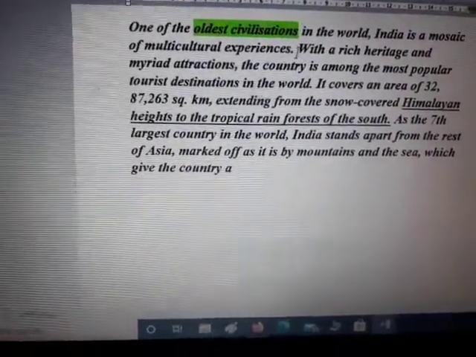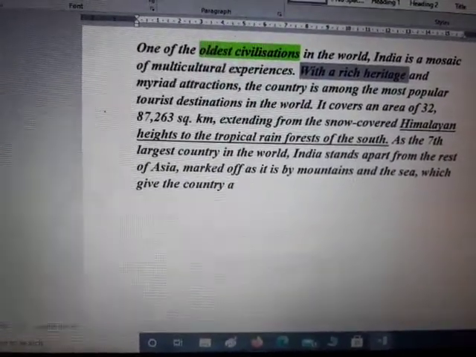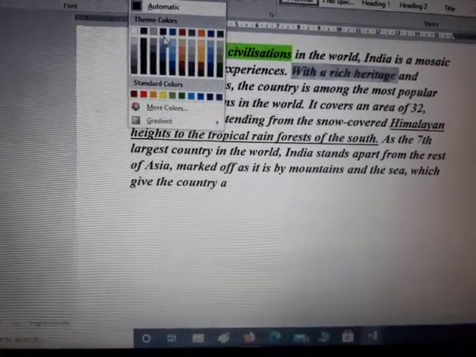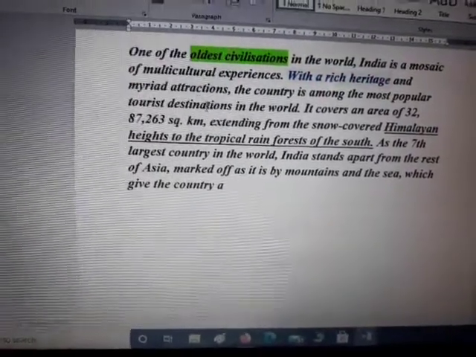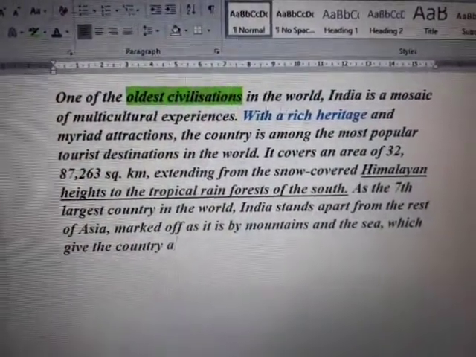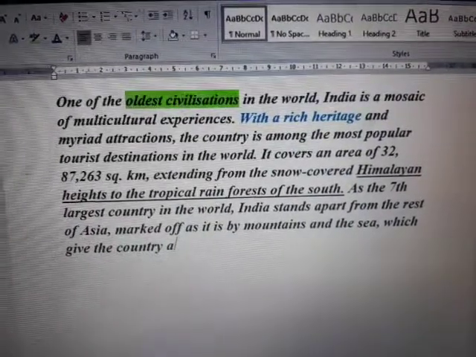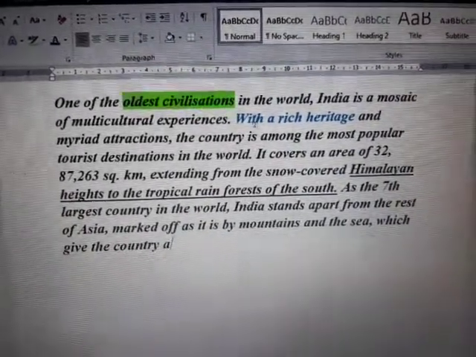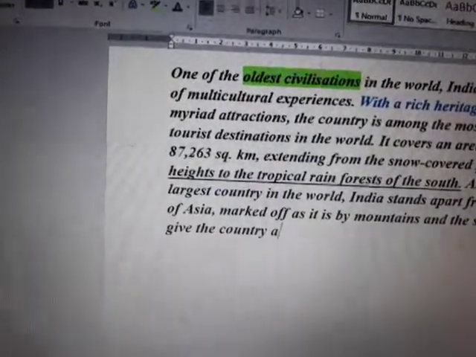Now with a rich heritage, I want that text to be turned into one more of my favorite colors, blue. See, now you can see only the text has been changed into blue. Here the thing is highlighted but the color of the text is black only.